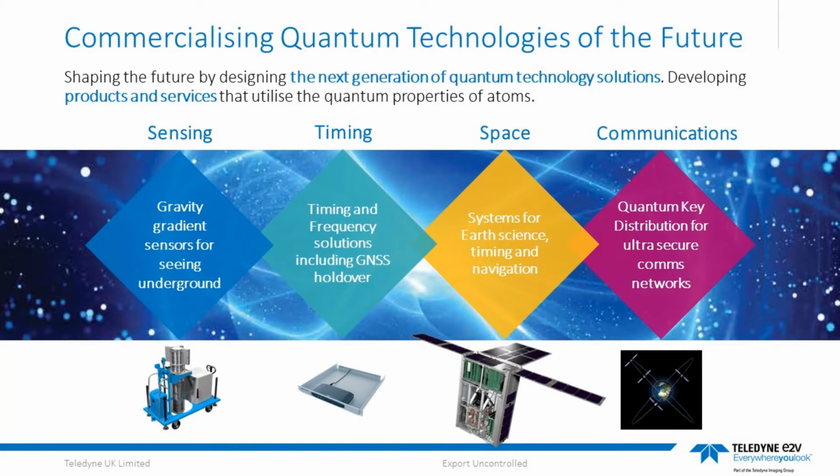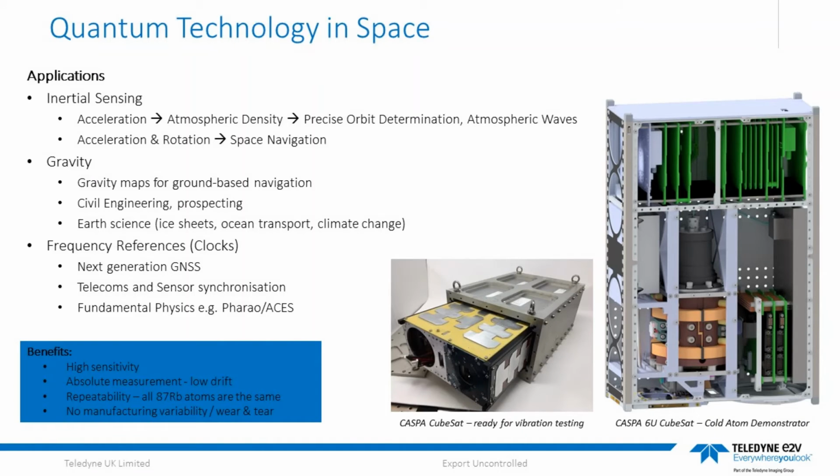Here at Teledyne E2V, we're well known for our cutting-edge imaging capabilities in CCD, CMOS and infrared sensors for space missions. But in recent years, we've also been working on new novel sensing capabilities for space in the area of quantum technology. These groundbreaking new sensors harness the quantum properties of atoms to turn the atoms themselves into extremely sensitive sensors that can be used for measuring inertial effects, accelerations, rotations, measuring gravity, as well as measuring magnetic fields and